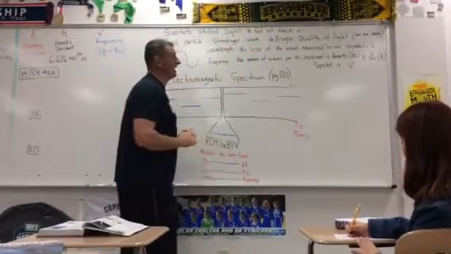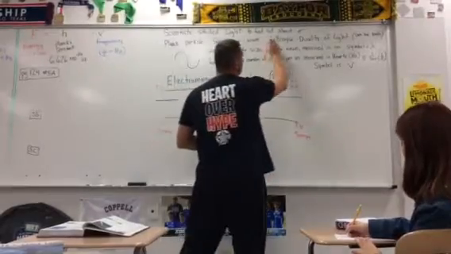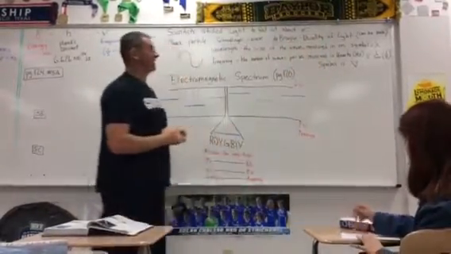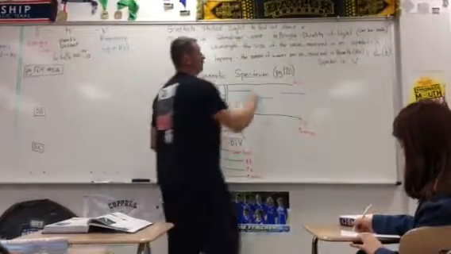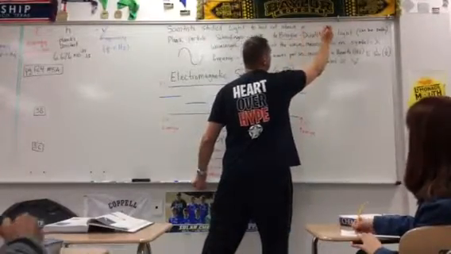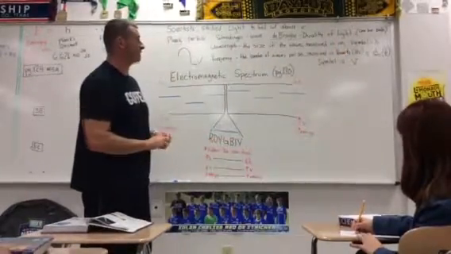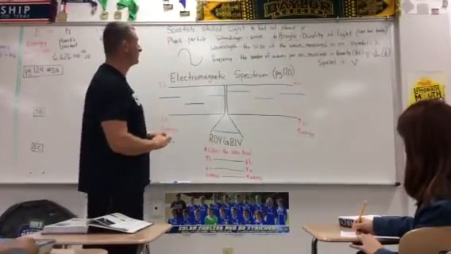And then de Broglie is a scientist that came along and he said, hey, it can be both. And he did the duality of light. Dual means dual nature, two natures of light. So it can be both a particle and a wave. And there are experiments that support both of those